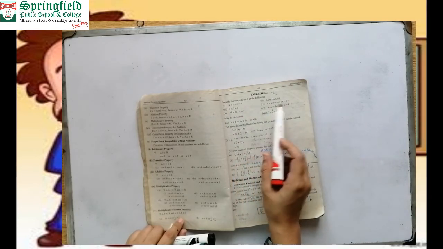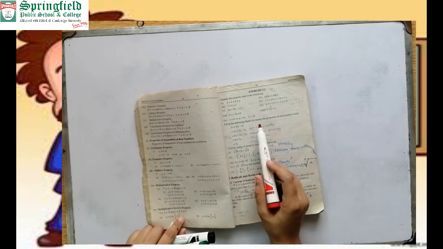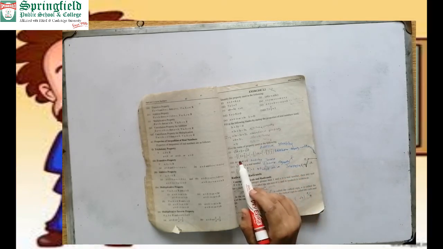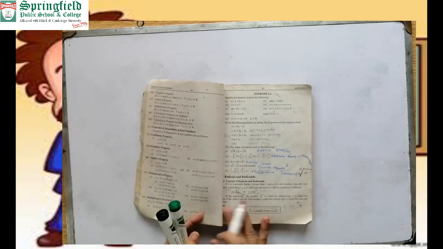First write down the property name in front of each question. Okay, in the second one, filling in the blanks: 3x plus 3y minus x. Write down the property name here again, and also give the name of the property here. Fine. Now it's your task.